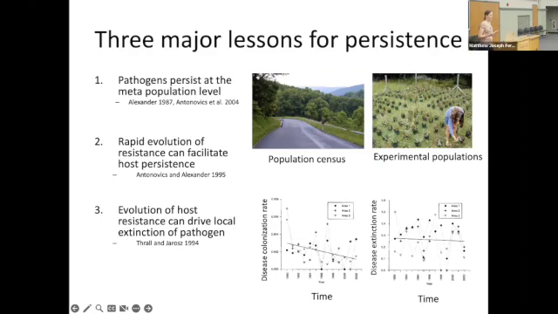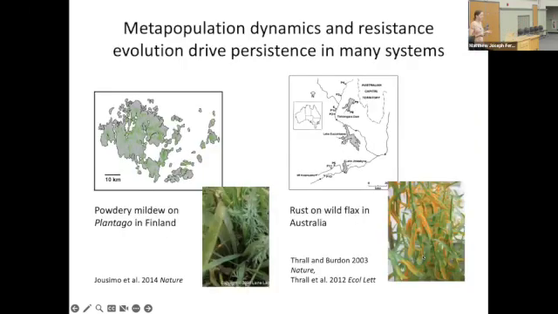And then they also found that evolution of host resistance itself can actually drive the extinction of the pathogen. So as hosts evolve higher levels of resistance, this can actually be part of the cause of local pathogen extinction. And I would just say that these lessons have been broadly supported by lots of other lovely work